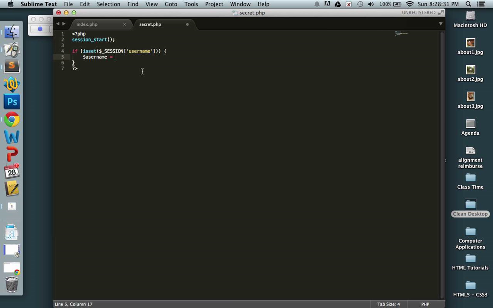We'll create a local variable to work with this session variable. That way we won't have to type in session username every time. So you can just copy this out actually. Control C, Command C. Our username is now equal to session username. Remember the semicolon, and we're good to go. Otherwise, else,